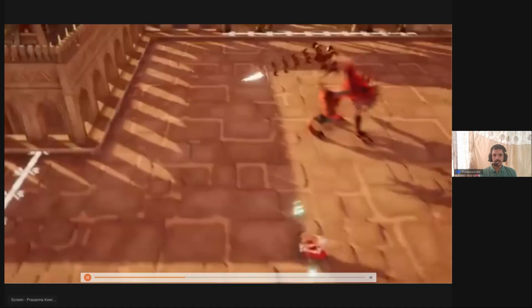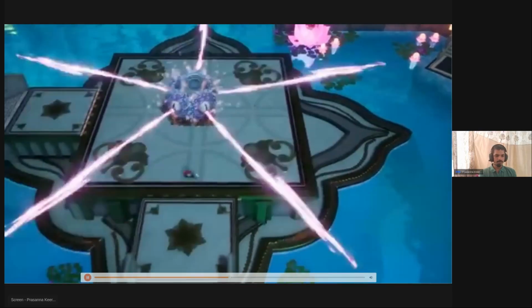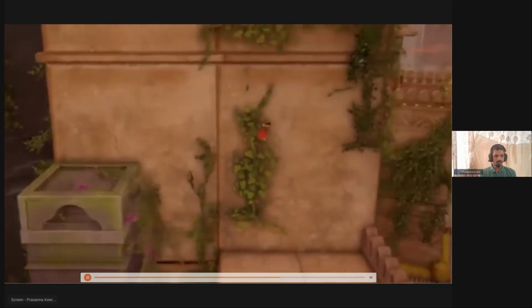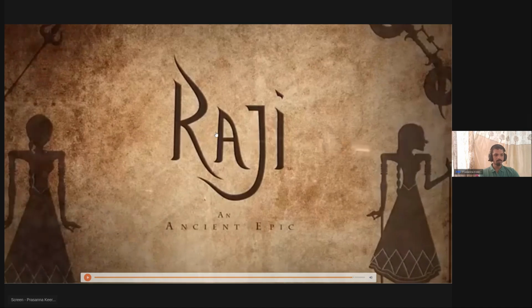So this is entirely made with blueprints. Yeah, this is currently made with blueprints and Unreal Engine, and only around 20 percent of people use C++ for this one. So this product came from our India and it reached the global market and got very good ratings as well.